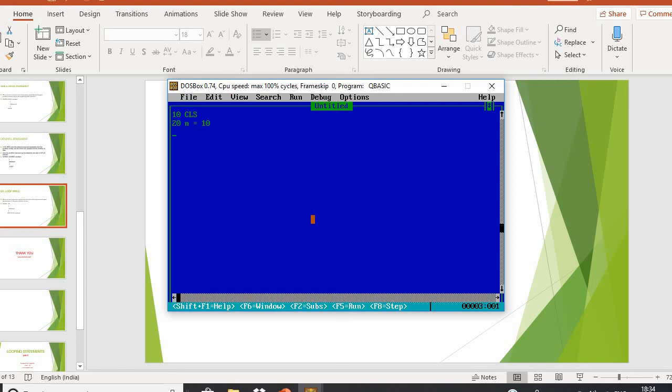I have given line number 30. Here I'll write my loop starting point, do, line number 40. I'll print the value of n, line number 50. Here I'll increment the value of n by 1. It's the loop body. Line number 60, I'll write the loop: first do, then statement, then condition. That's a loop